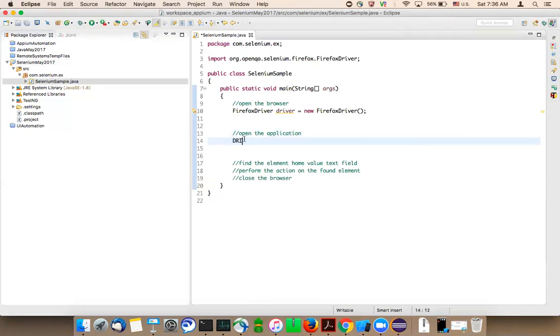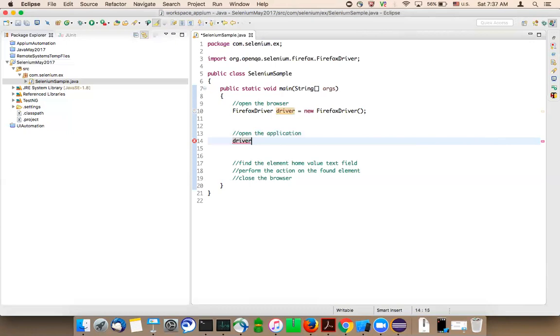So you already created an object variable called driver, right? By creating an object for the Firefox driver, you got the reference variable. This is called a reference variable or object name, or whatever it is. You can call it anything, such as driver. If you want to call the methods of a class, how do you do that? You need to create an object for the class, and with the help of the object name, you can call the methods of the class.